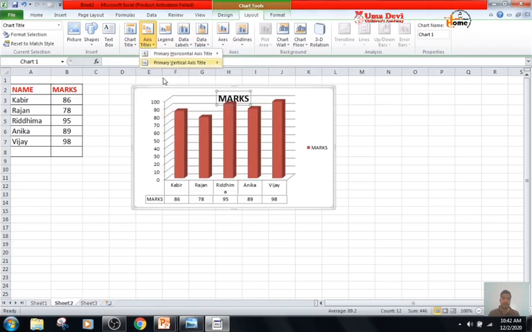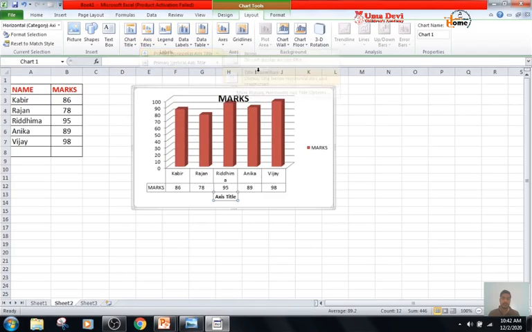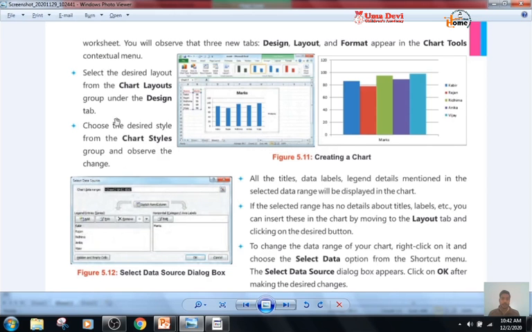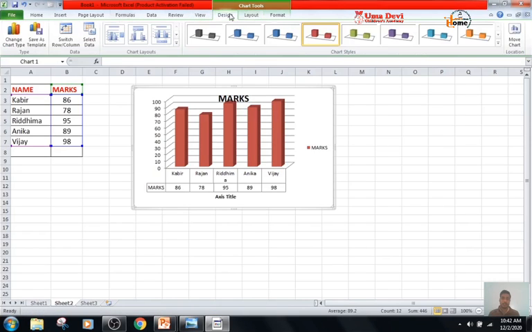We are selecting different kinds of layouts. Look here, this type we have done. Now choose the desired style. We have selected the chart style also from the Design tab.